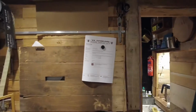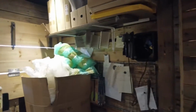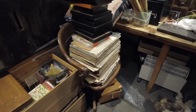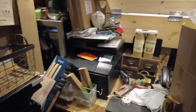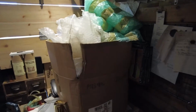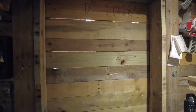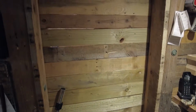So the office is currently an absolute disgrace. We've got spare stock, upcycle projects and stuff like that in here, and empty packaging and recycled packaging that we reuse for orders. So this is the doorway that got boarded up. It's just got one layer of wood on for the time being,